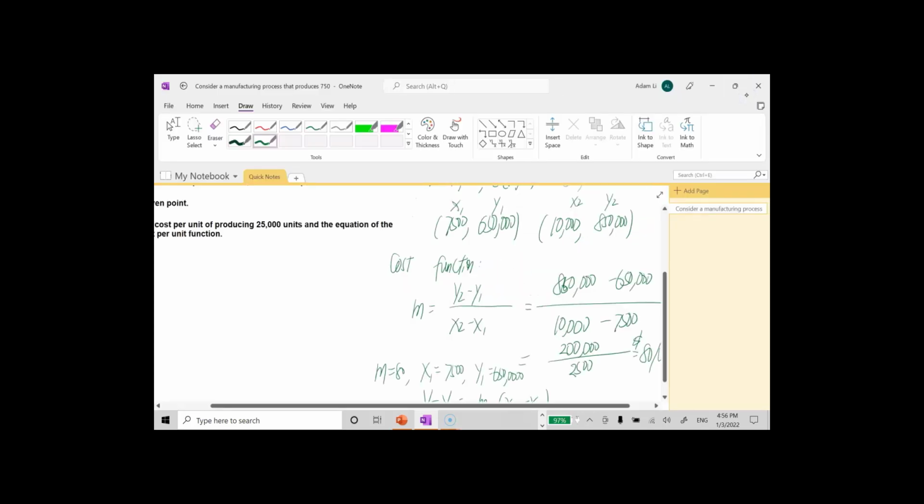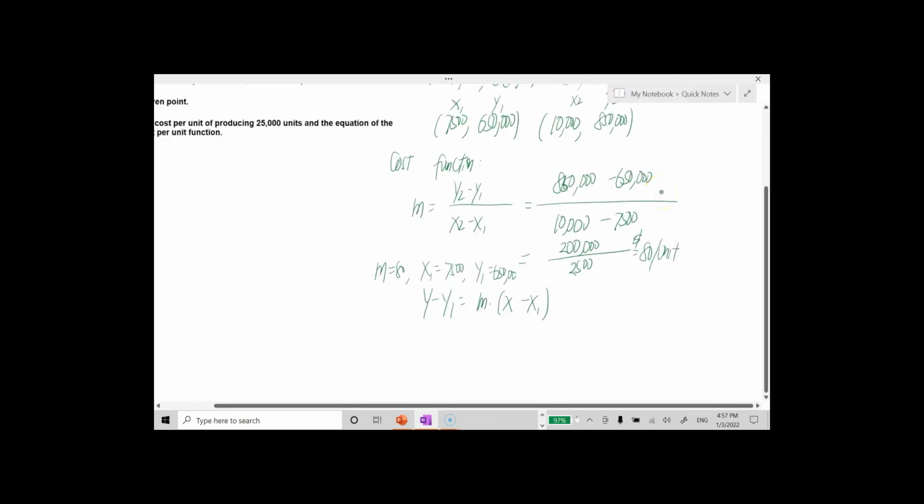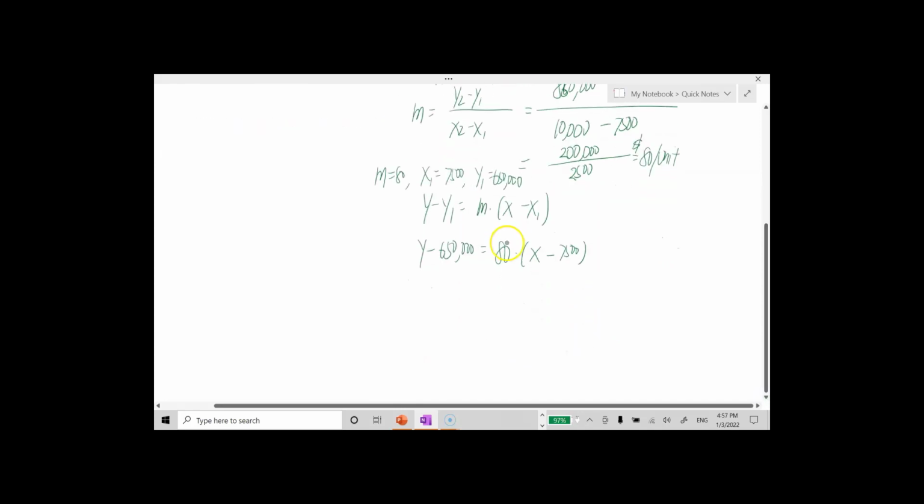Okay, so we're going to plug into this point-slope form and go from there. So here we get y minus 650,000 equal to slope 80 times x minus 7,500. And we distribute it. We get y minus 650,000 equals 80x minus